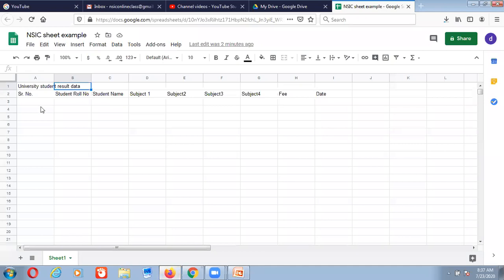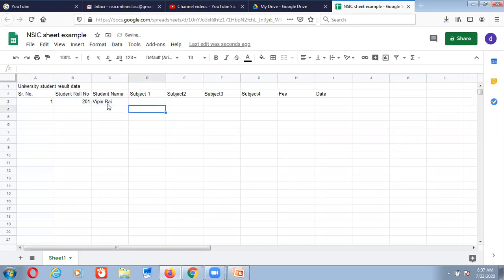Okay. So suppose that here at serial number, I enter 1. Here is student roll number. I try to press 201. Student name, I type Vipin Rai.